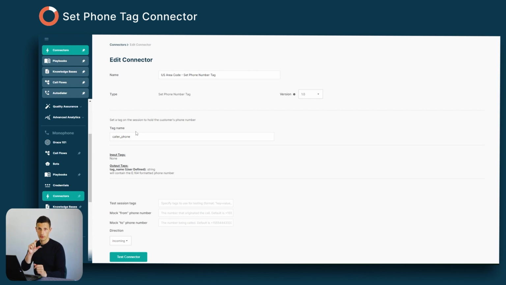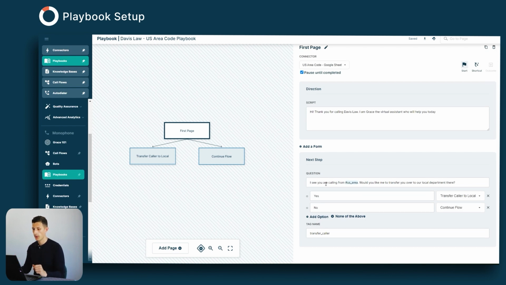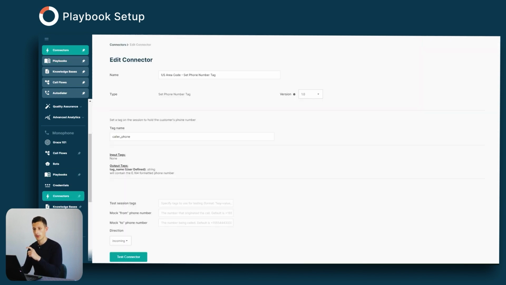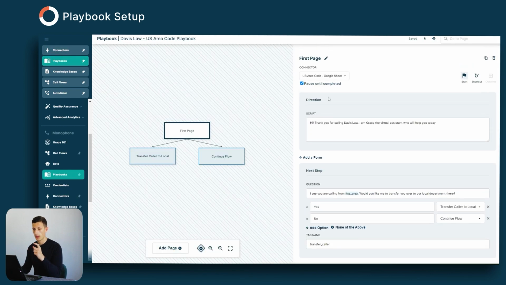And I'll show you how that's set up a bit later. If we jump into the playbook, here we just have a first start page and we have the introduction message. And then we see here, we have "Grace, I see you're calling from," and then using a hashtag, we are referencing the tag we created here because we are, as you can see here, running the Google Sheet connector. So Grace runs it, and so in my case it was 256,